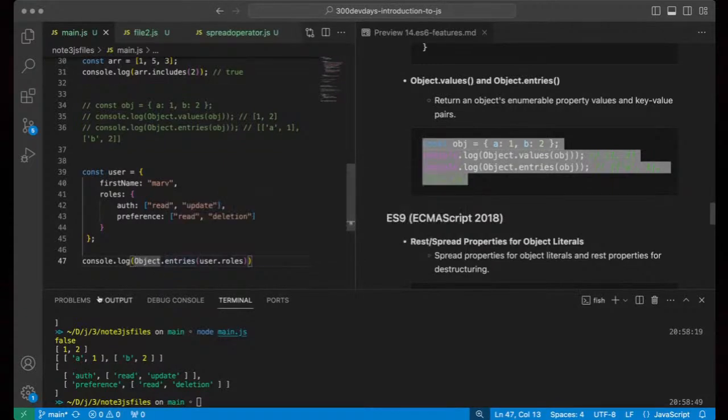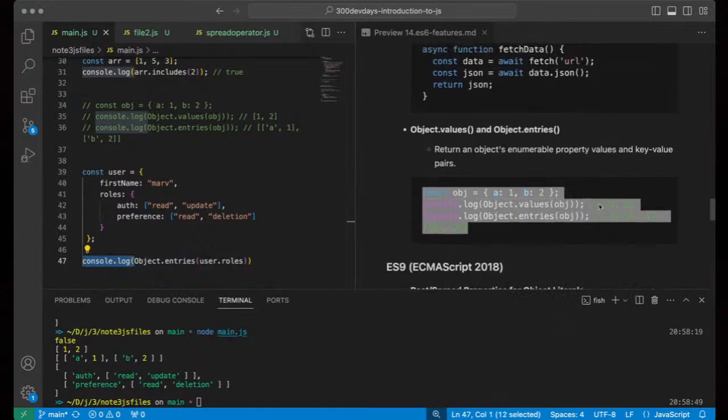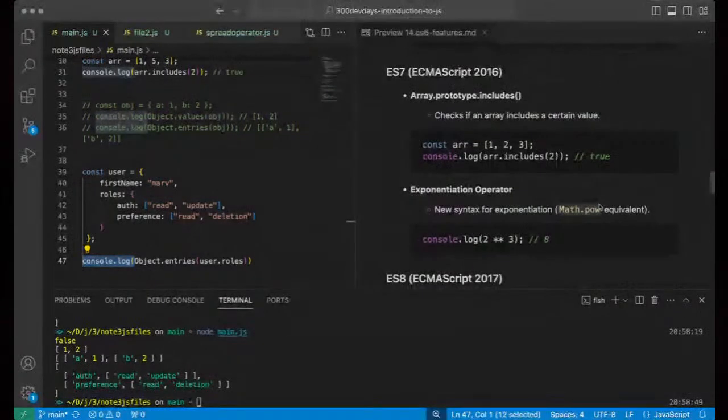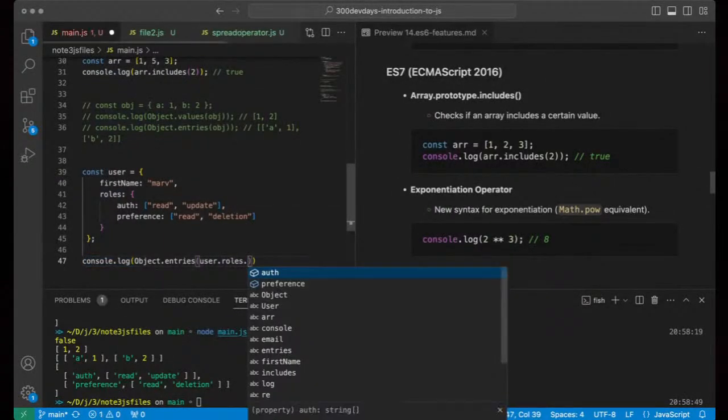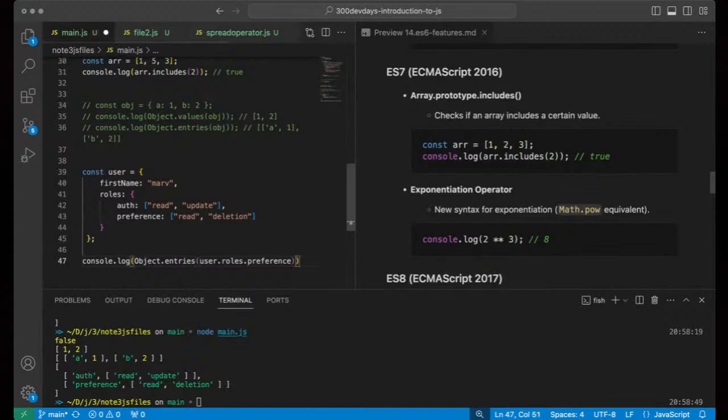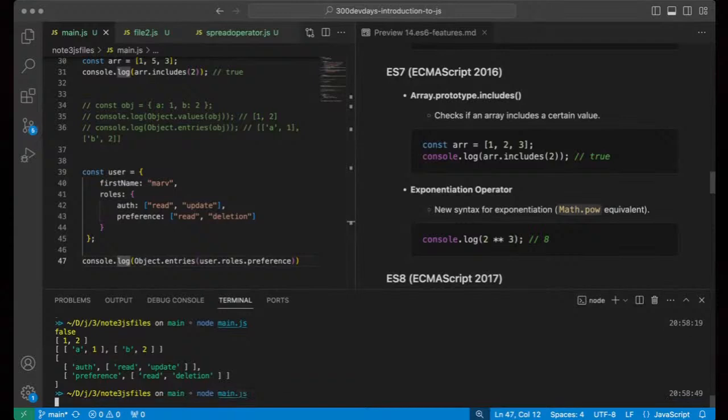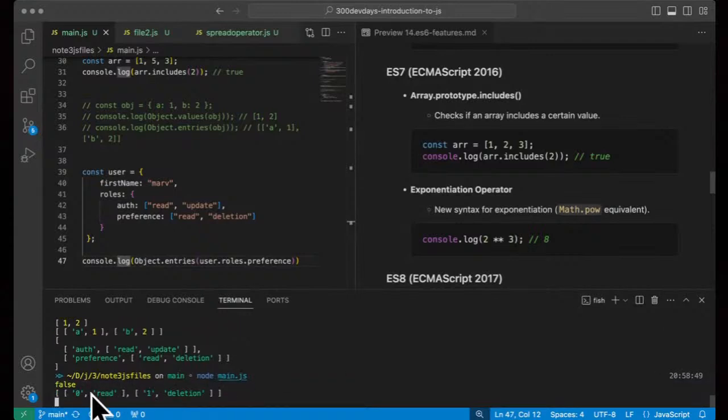I want to perform an action. I want to know if I should be able to delete, right? So I probably want to use this other method I have here that we've checked already, which is includes, right? So I can proceed to say, okay, let's check the preference. I'm going to get an array for the preference, okay? If I run this, I'm going to get an array, as you can see, read and deletion, right? So if I check if this preference item includes deletion, it will tell me true or false if it actually includes deletion.